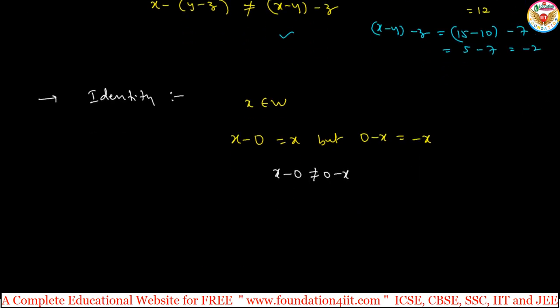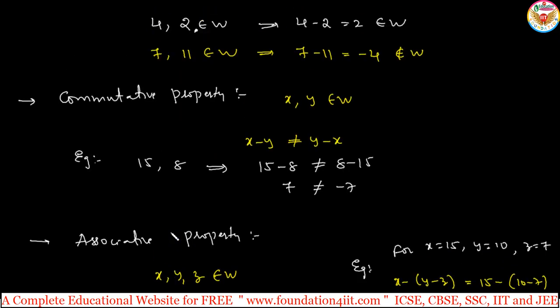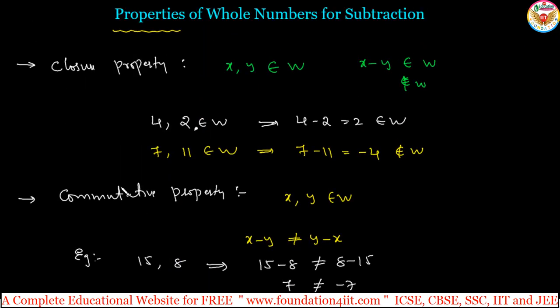And existence of inverse. Since subtraction does not have an identity number, its inverse also does not exist. If there is no identity, then the inverse also does not exist. So there is no inverse for this. Overall, for subtraction, the closure, commutative, associative, identity and inverse properties do not exist. These are the properties of the whole numbers for subtraction. Let us see the multiplication for